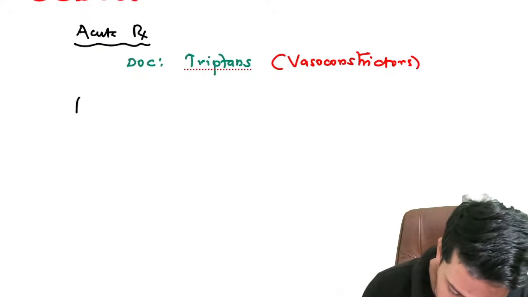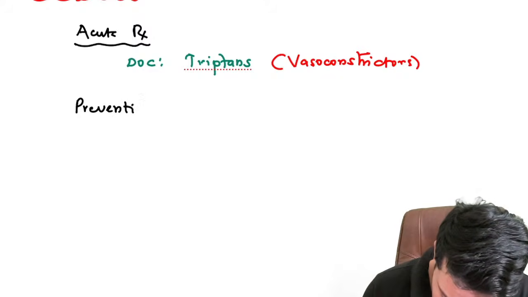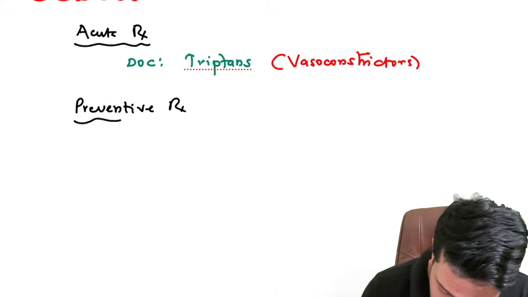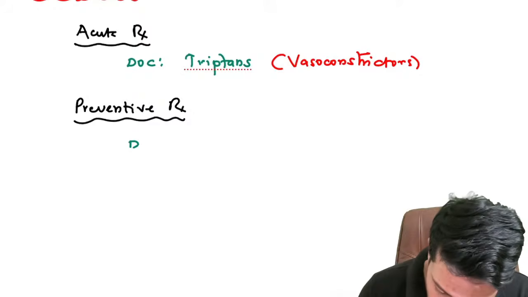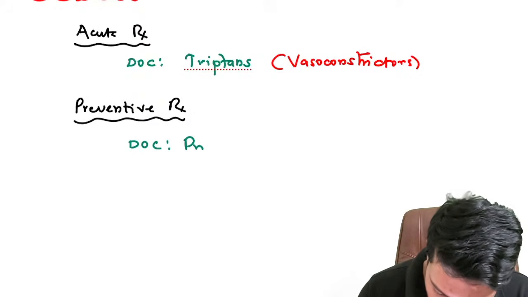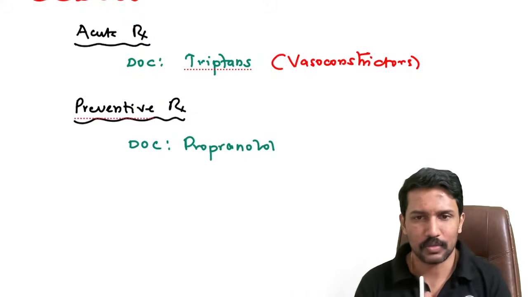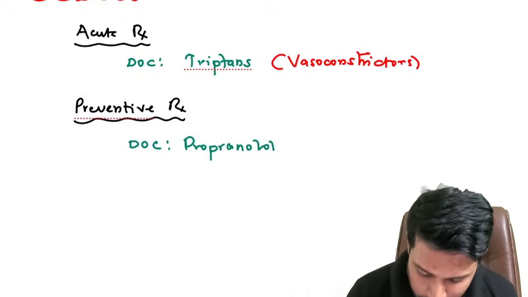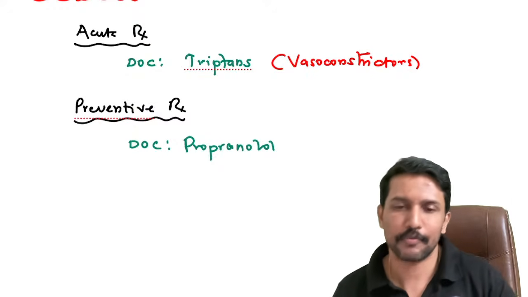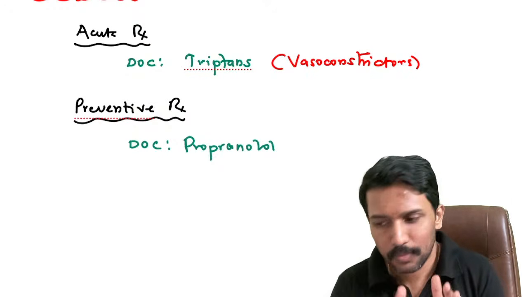And for the preventive treatment, to ensure that the headache doesn't bother the patient again, the currently accepted drug of choice is propranolol, which is a beta blocker, as you know, a non-selective beta blocker. Now, some of your teachers, especially during viva, ask, if you are presenting a neuro case, the discussion may be